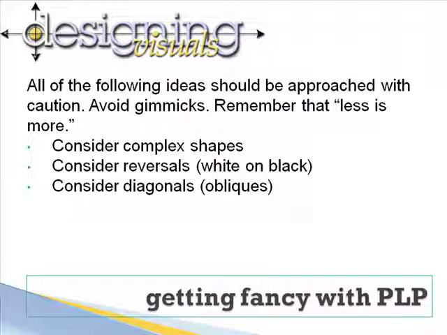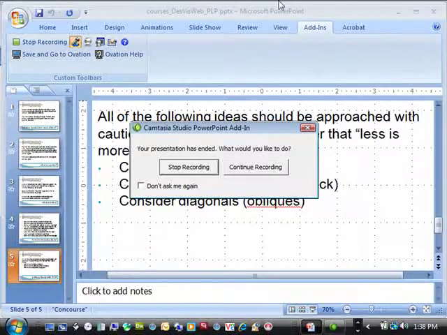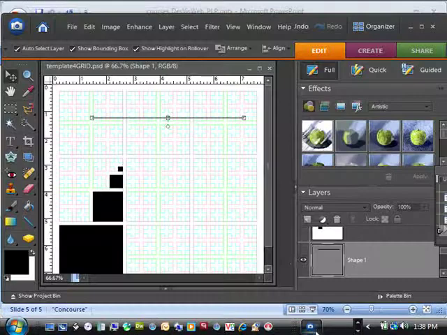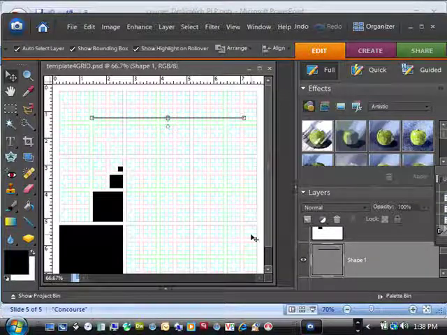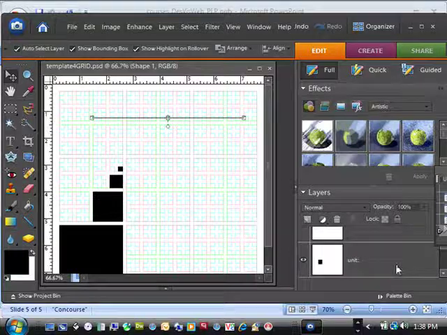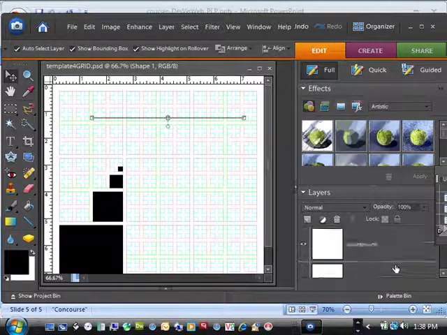I think at this point I would recommend that you avoid diagonals, but we do want to include that as a possibility. So let's switch back to Elements and take a look at how we might create both complex shapes and reversals and diagonals. So here we are back on our design, and let's create a couple more shapes just to begin to work with. Let's create another large shape